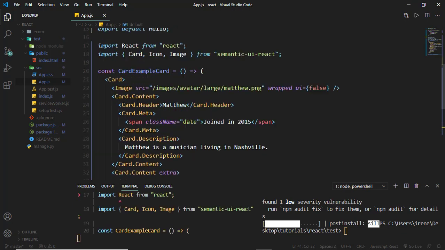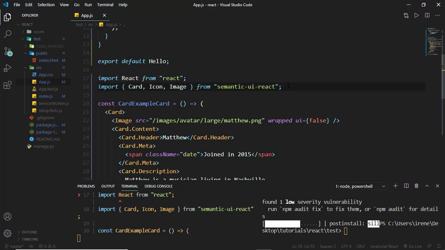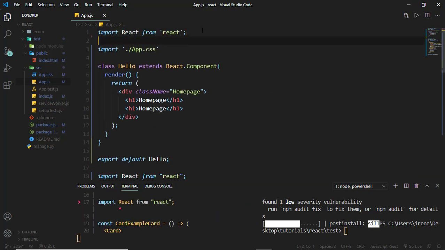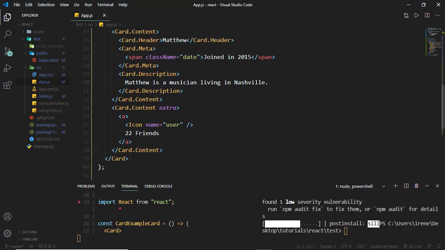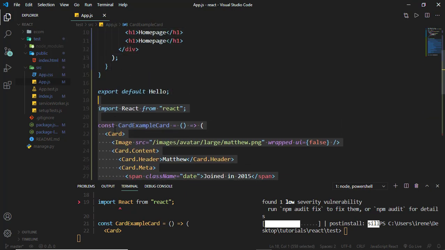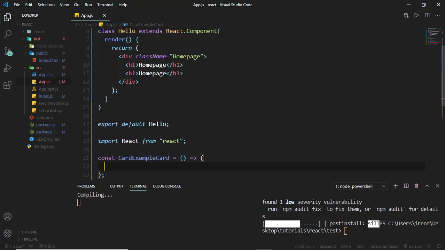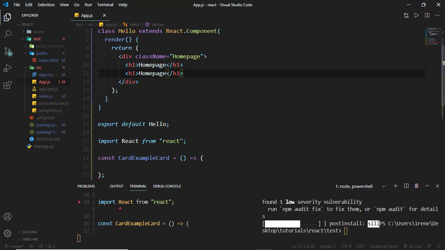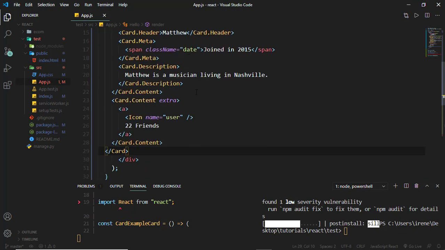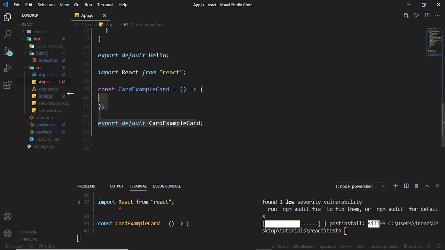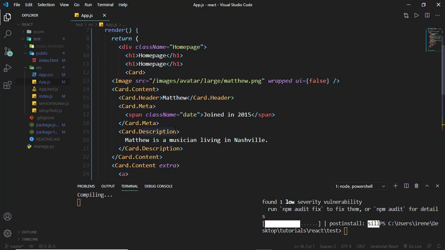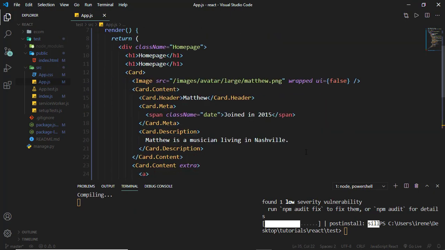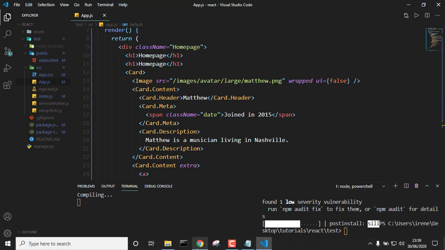Now we have these import statements from Semantic UI React, so I'll copy all those, make sure I've pasted them up top there. Now what you need to do is to get our card component, which is this card component there. So instead of returning all those h1s there, we can just keep one of them, and we can get rid of that and import React. We have our own. So now we are getting this error. If we save everything and go back,